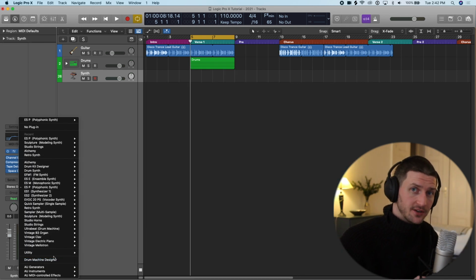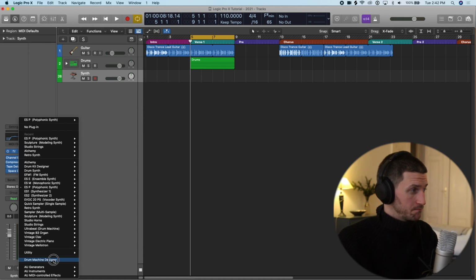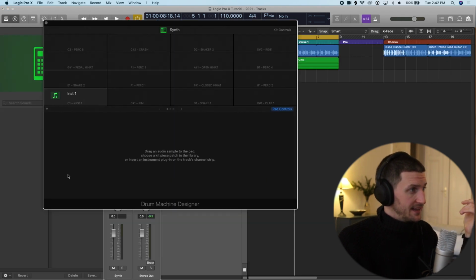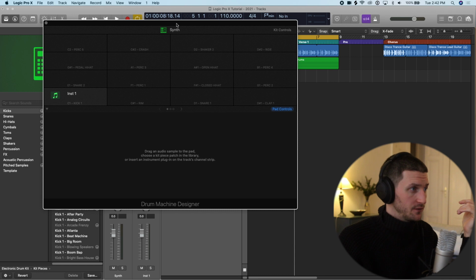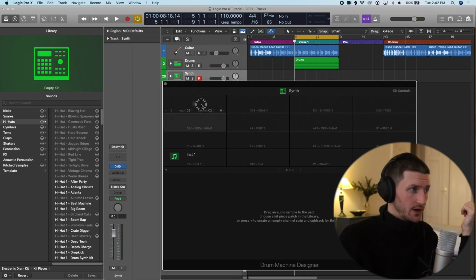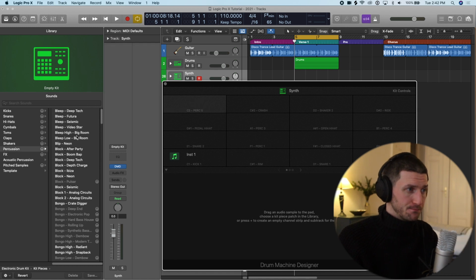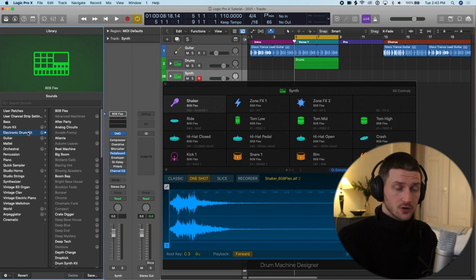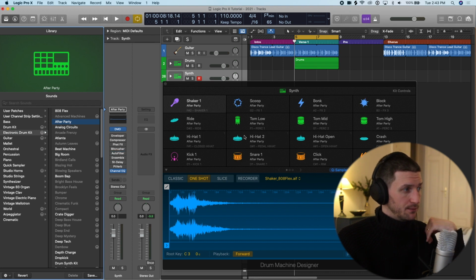The Drum Machine Designer is another one that I use quite regularly as well, and this opens up a full new interface here of different pads, and here's where you can load in different pieces of a drum kit that Logic gives you. So when I opened up that Drum Machine Designer, it opened this window and it also opened the library for me. So I can go into any electronic drum kit, choose any drum kit, and it will load in these samples for me. So for example, this 808 Flex